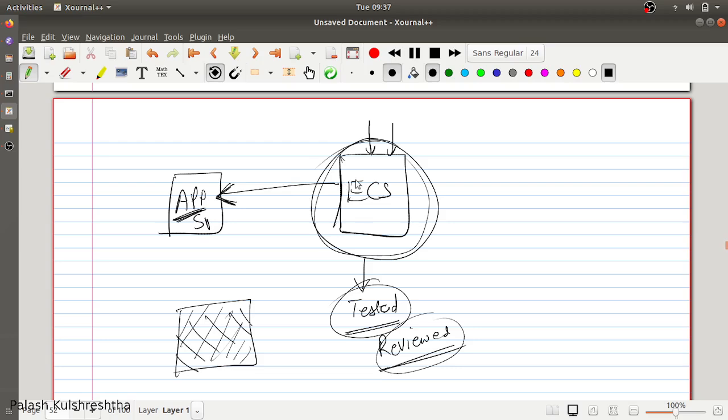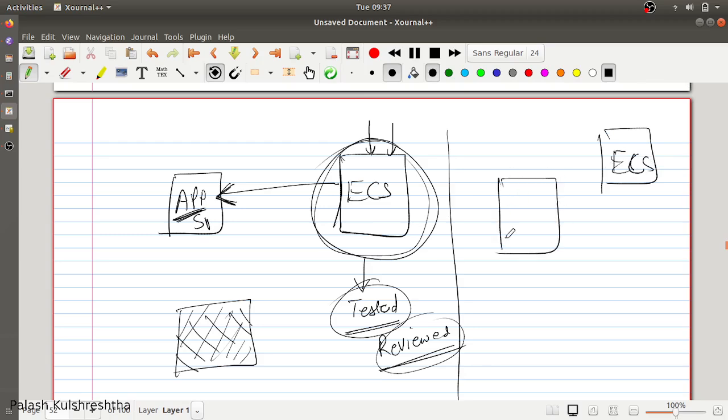One of the scenarios we see is you have an ECS, external configuration store, which is storing the configuration, and your application is accessing this configuration. Your application is not going to get the configuration for each request it receives or each piece of work it does. It can basically cache this data in its own memory.